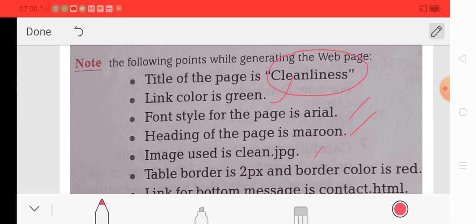Image used is clean.jpg. The image that is used in this web page is clean.jpg. Always remember that whenever there is an image in a web page, the name of the image must be given in the question, and you have to just write that image name in your web page designing. If you choose any other name, then marks will be deducted accordingly.